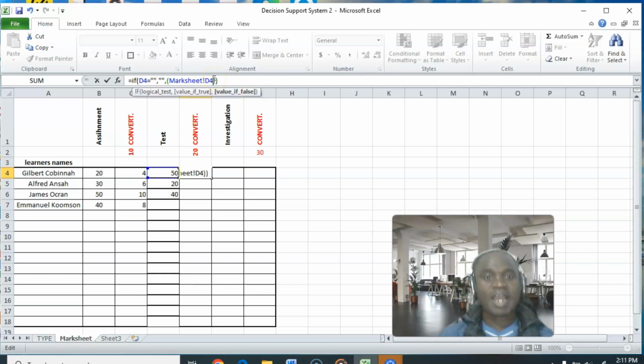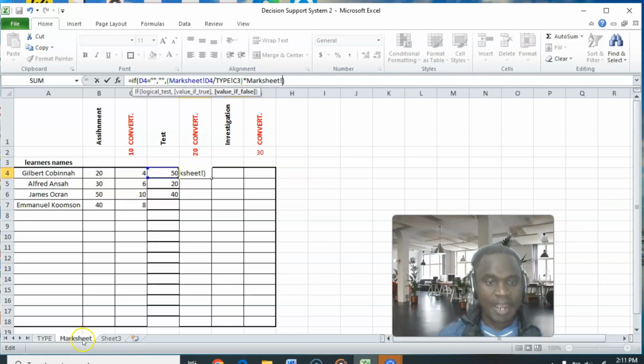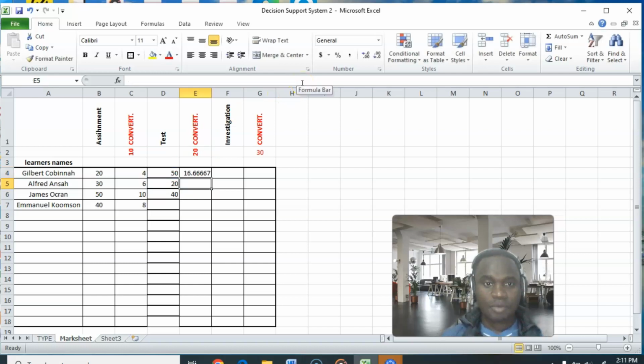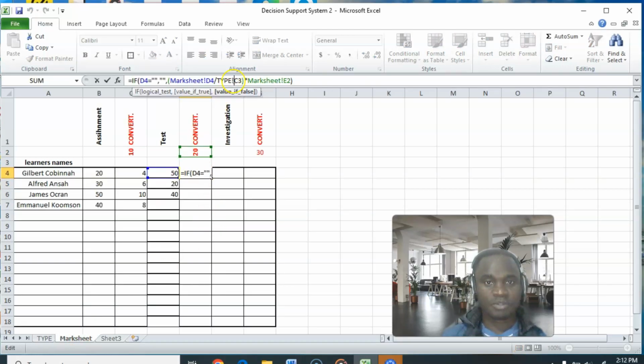Then whatever I have there, I want to convert it to 20. So I have to divide it by the total, which is 60. I put it in the cell there. Then I multiply it by the conversion, which is 20. Because I want to drag it down, I want to copy it down. If I copy it, whatever cell you copy it to, it will drag to its relative cell. But I don't want it like that. I want it to stick to this 20 and also to this 60. So how am I going to do that? I have to apply the absolute value. Now,